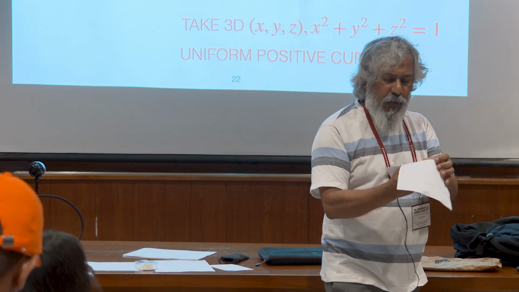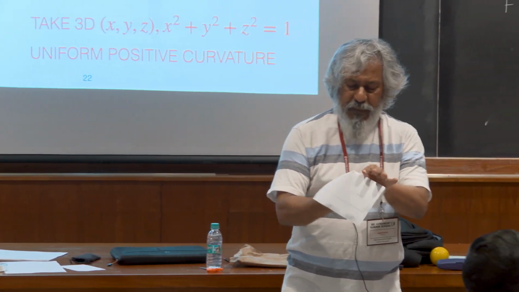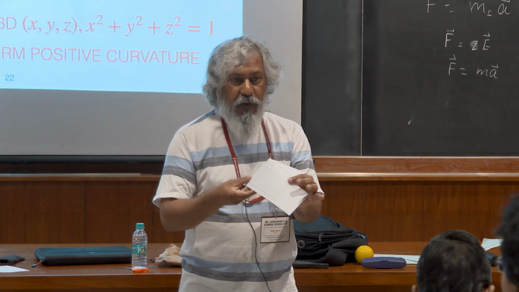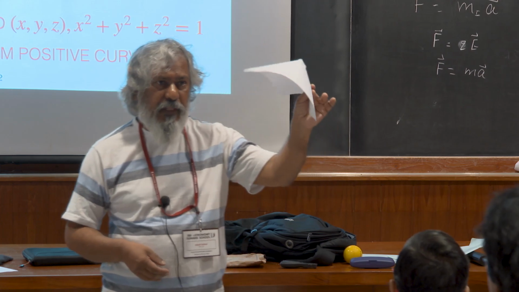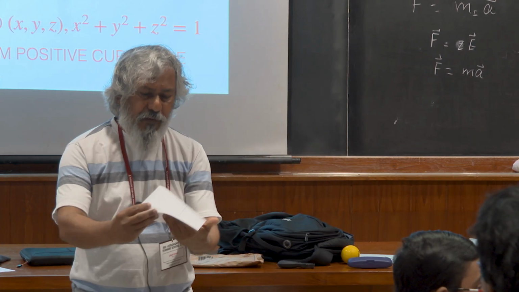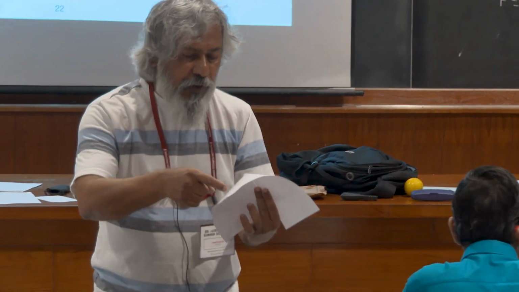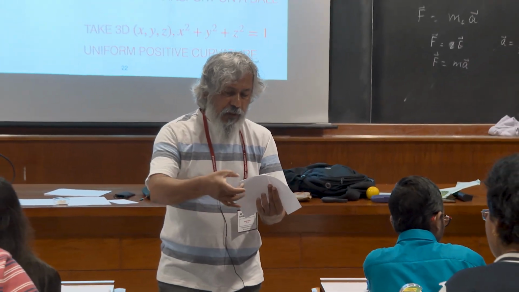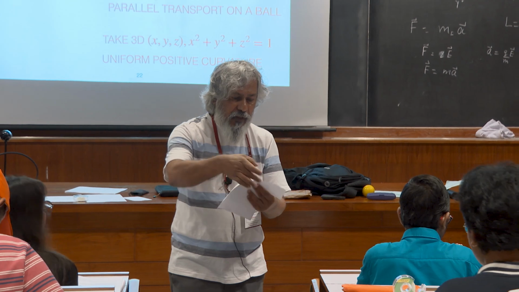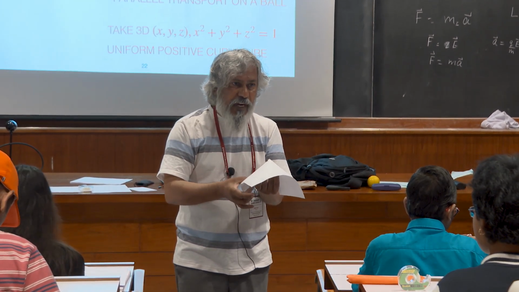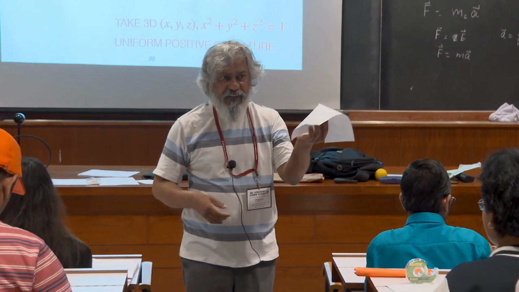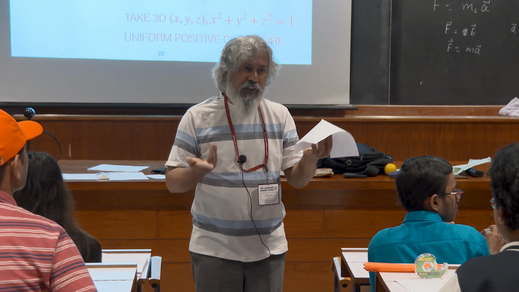I'm not done it very well, but I think you people have better dexterity with your fingers. What you've made is a cone. When you stick these two things together, you have a cone. And now you notice you have a triangle here. The sum of the angles adds up to 90 plus 90 plus 90, which is 270 degrees. That's curved geometry.